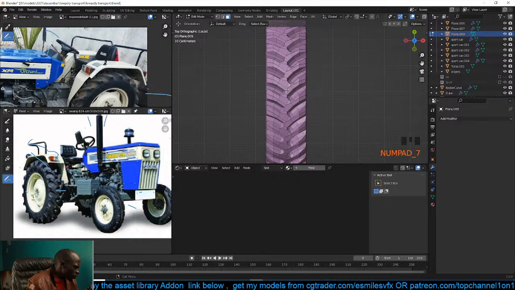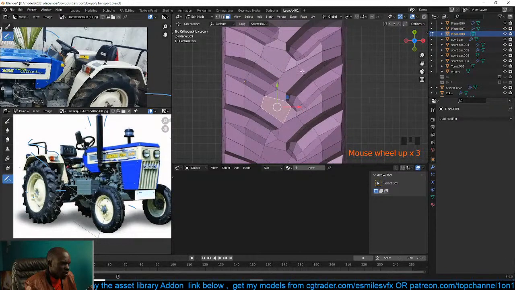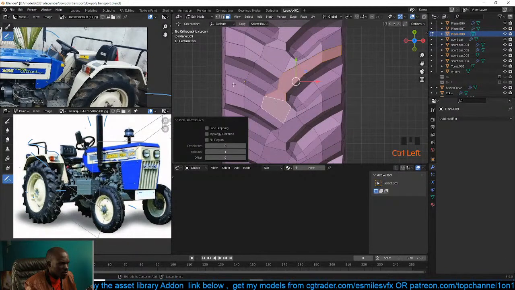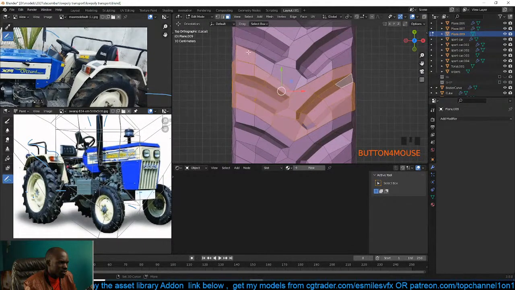Why don't you just leave the exhaust last? Yeah, I should have done that as well. So I could, yeah, exactly. It would have made more sense to do it after the mirror modifier, but yeah,